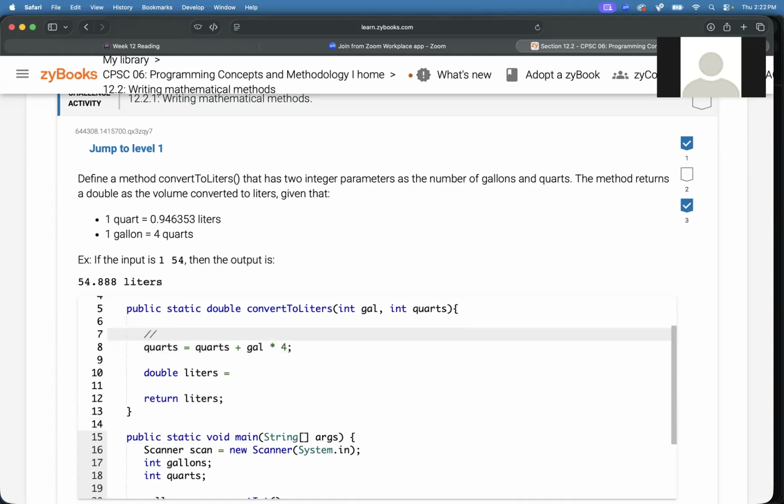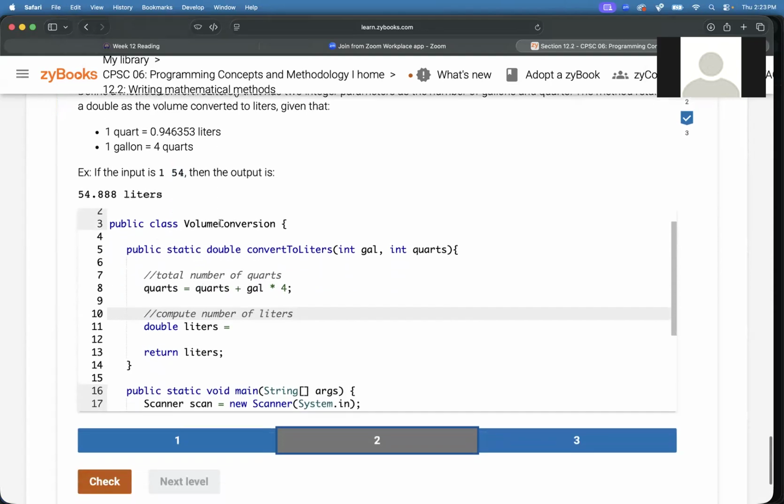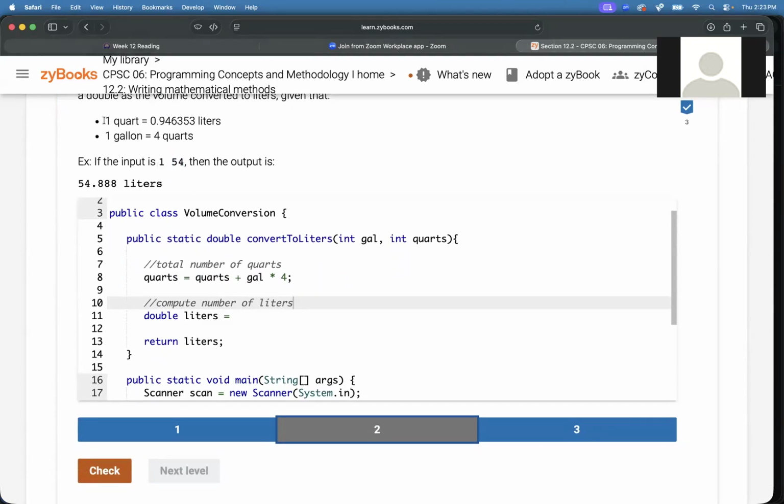So this is going to give me the total number of quarts. That's what that does. And then I need to compute number of liters. And that's what the other formula is. So 1 quart is 0.946353 liters. So what you have to do is take the number of quarts and multiply it by that